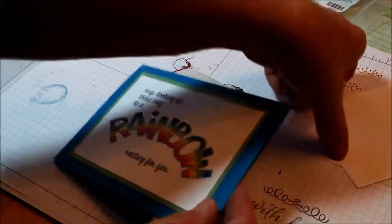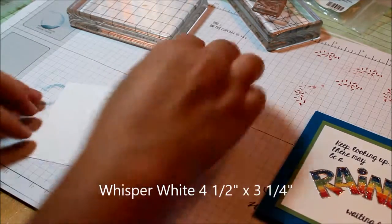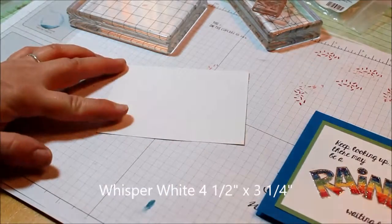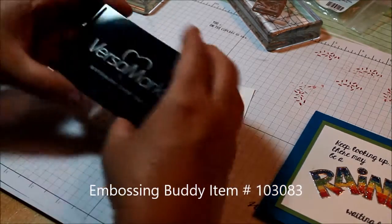Now we're going to start out with a piece of just plain Whisper White cardstock, 4.5 by 3.25, and take your embossing buddy and give it a swipe. Now we're just going to use some Versamark ink